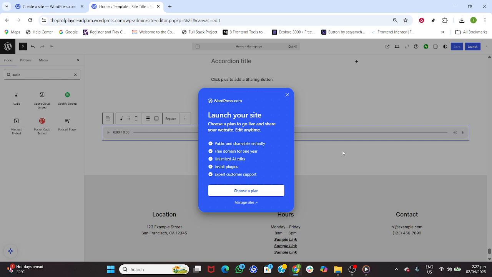And after saving, refresh your live page to confirm the player appears and works as expected across desktop and mobile. That's it. You've added, replaced, saved, and launched an audio player